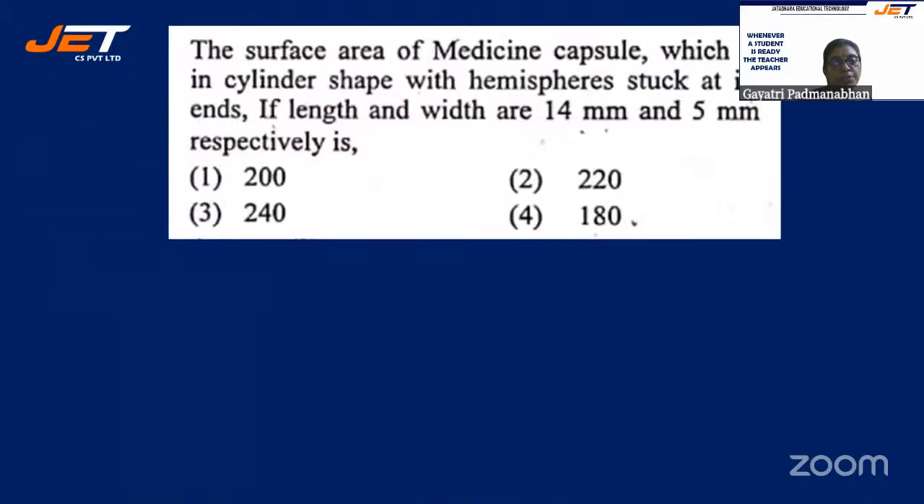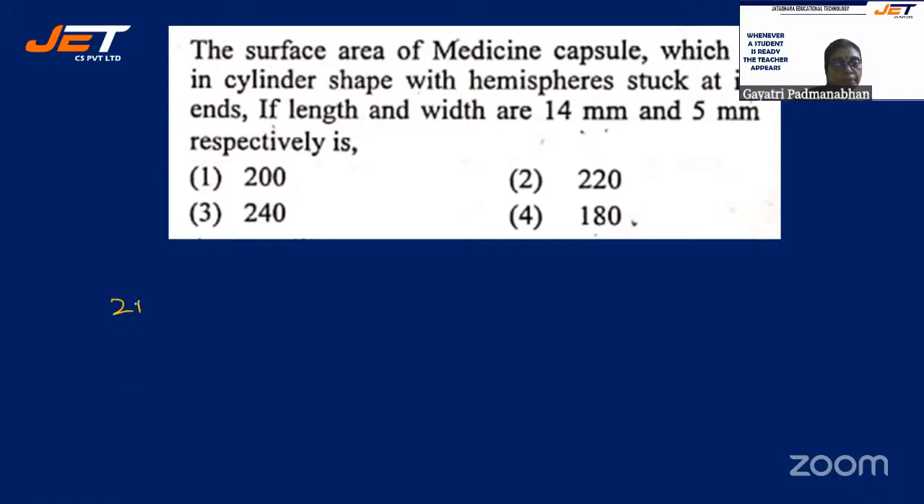See the next question. The surface area of a medicine capsule, which is in cylinder shape with hemispheres stuck at its ends, if length and width are 14 millimeter and 5 millimeter respectively, is. So what is it that they are asking? If you see, the height of the cylinder is nothing but the length minus width. So it's nothing but, for the cylinder, 2 pi r h plus